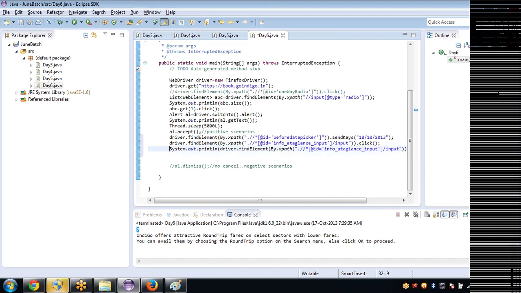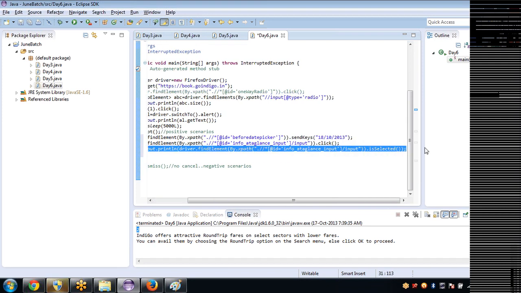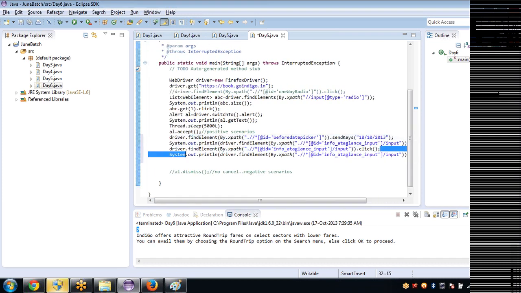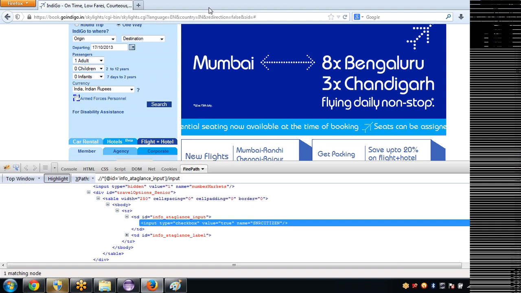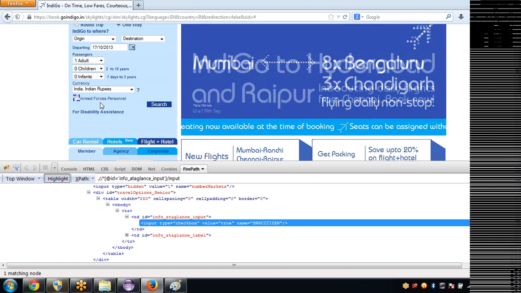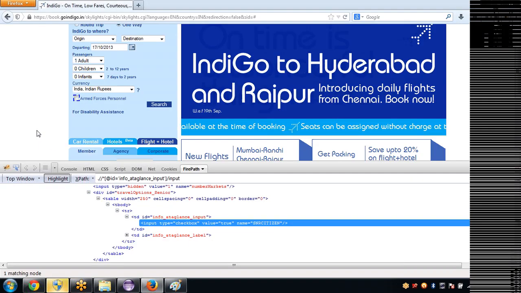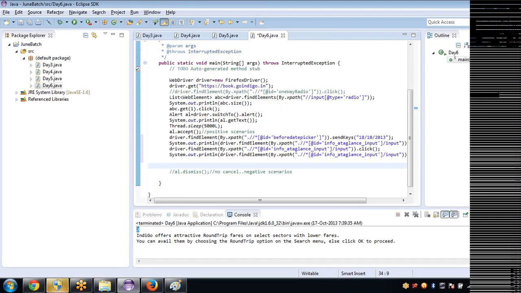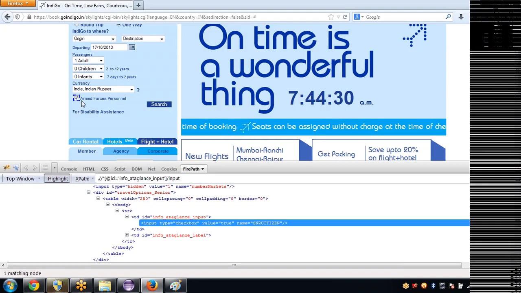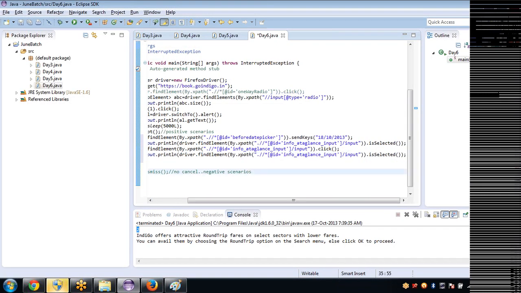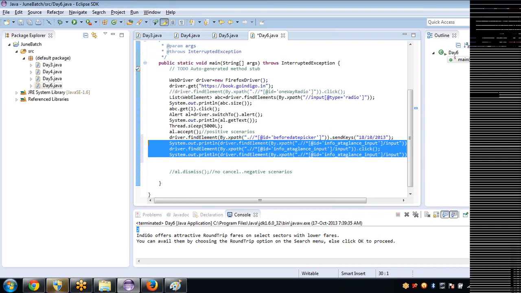The same step I will give before checking. It should return me false. Getting my point? I have given is selected first, checking before clicking. It will say false, it is not checked. And in this step I am clicking on it, dot click. Fine, it clicked. And now I am checking is selected again. It should return true now because it got checked. Yeah, this is how you can keep checkbox validations with the method called is selected.